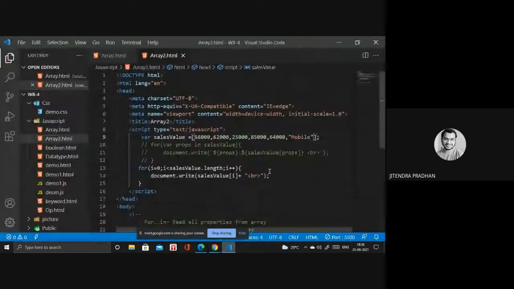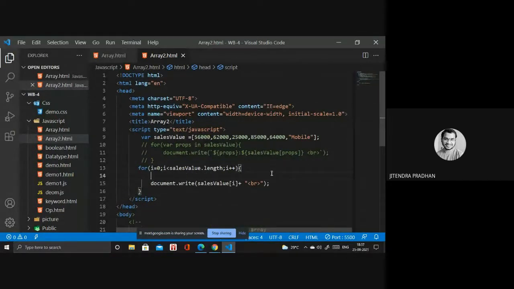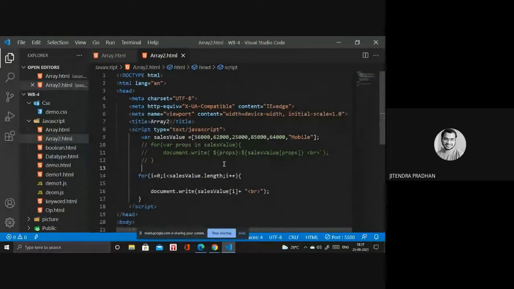So if I push something inside that, you need to write cells value dot push.